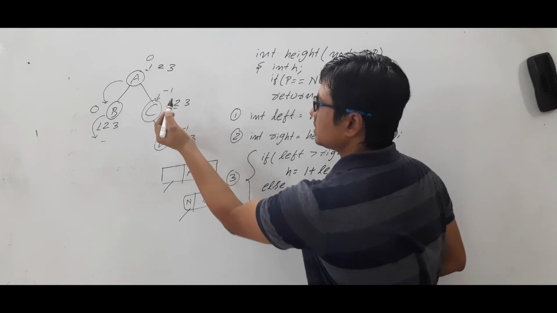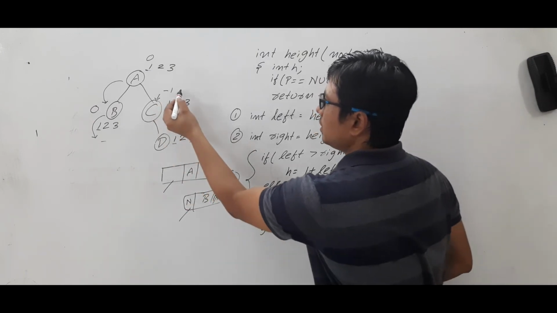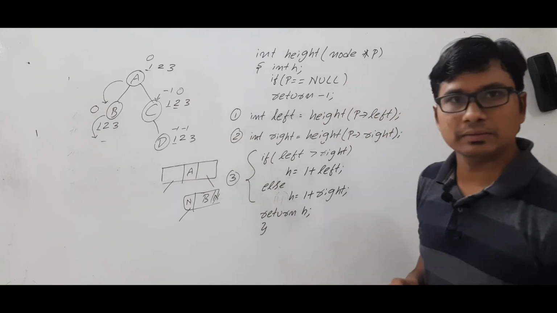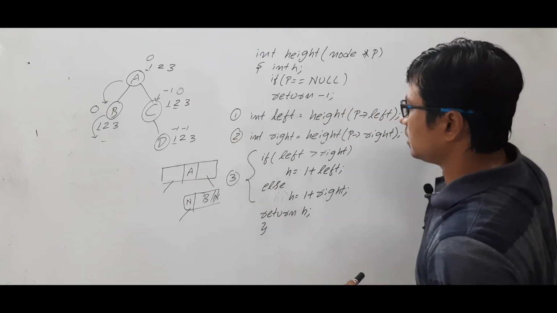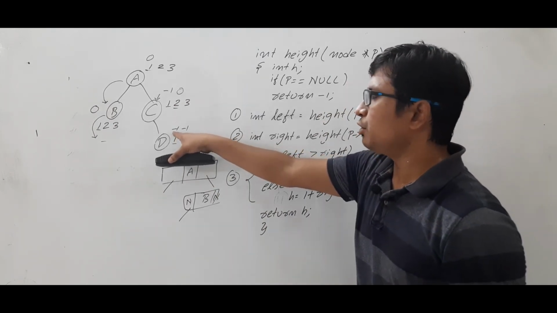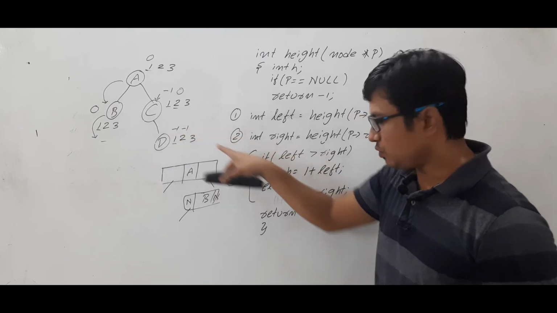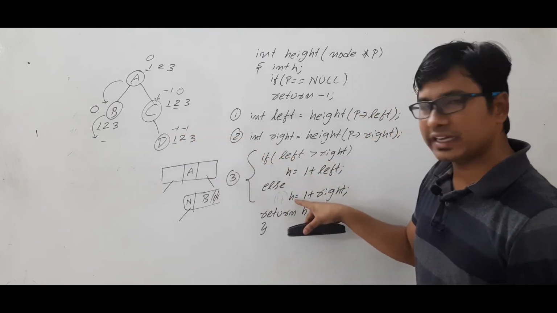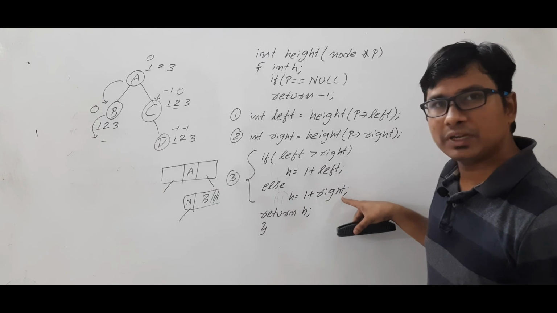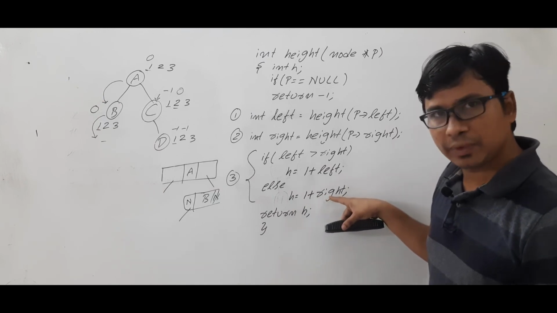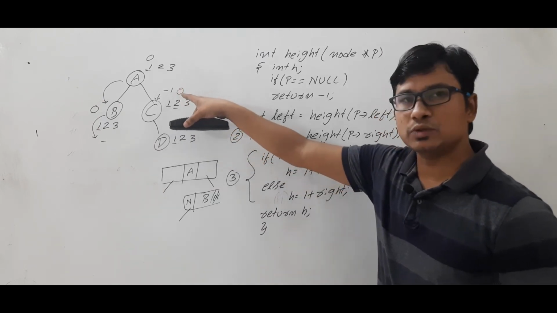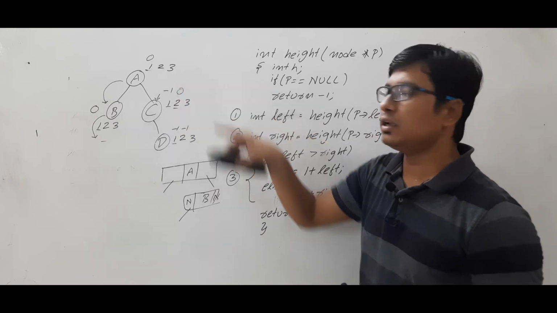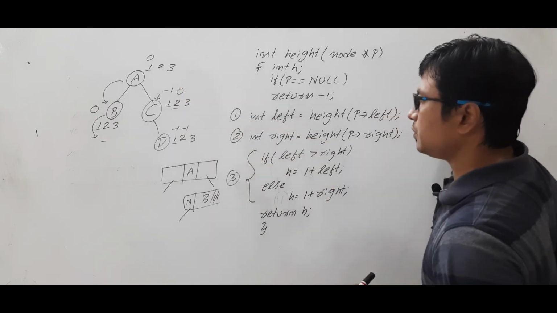Are you able to understand it or not? So return 0 here you will return. Are you able to understand it or not? Because now here -1 is equal. So you need to execute h is equal to 1 plus right. 1 plus right is -1. So 1 plus -1 is equal to 0. That value it will be returned here. Are you able to understand?